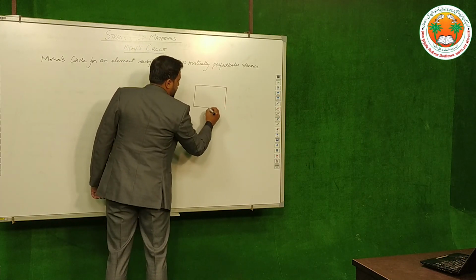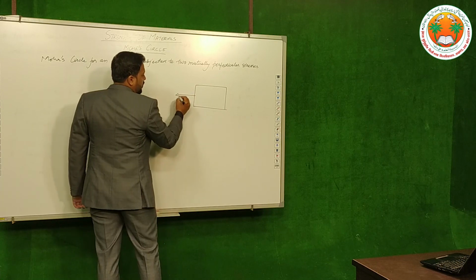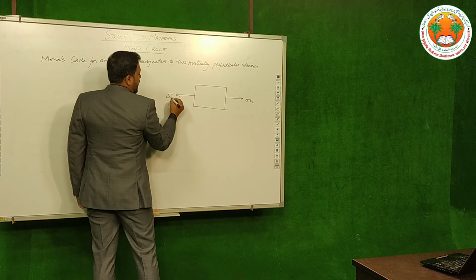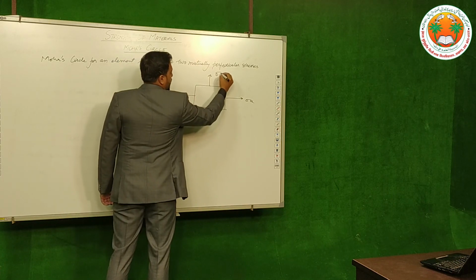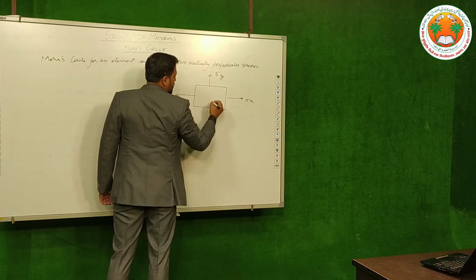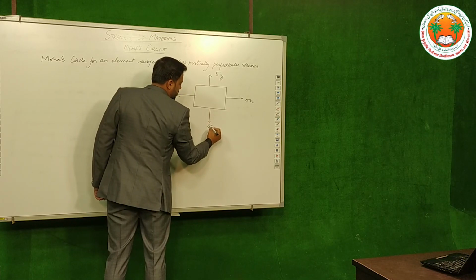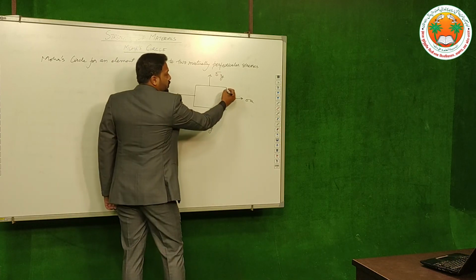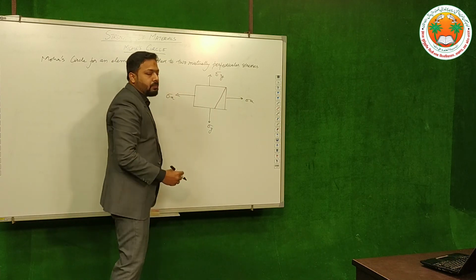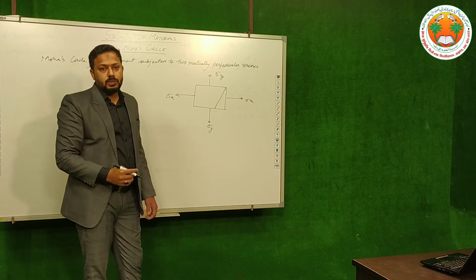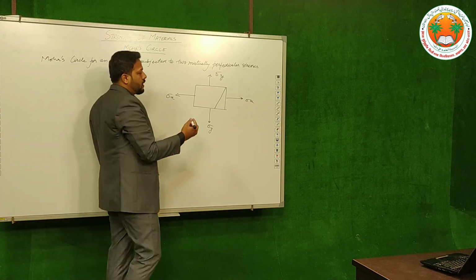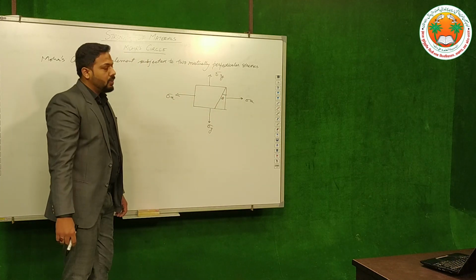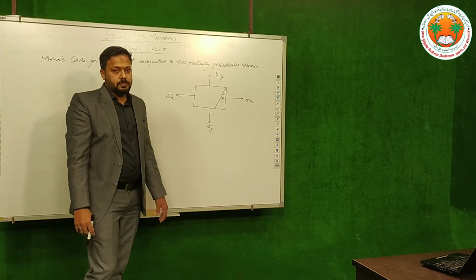First of all, we'll draw the diagram that is carrying two mutually perpendicular stresses in the x and y direction respectively, and we'll see that we have to calculate the normal stress, the resultant stress and the tangential stress at some plane, that is at an angle of theta from the major principal axis.